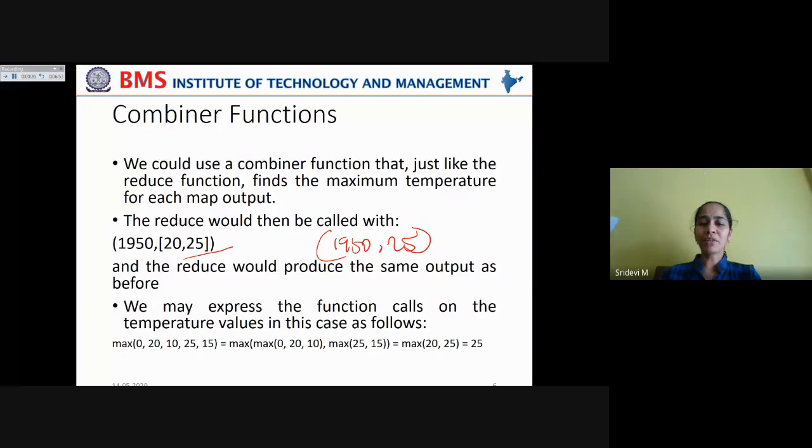So we may express these function calls on the temperature values in this case as follows. I'll just show you how it can be expressed, if you want to understand in the background how this is actually processed. Now the maximum temperature taken from both the map tasks is 0, 20, 10, 25 and 15 in the absence of a combiner job, and that is directly taken to find the value 25 by the reducer job. But when you introduce the combiner function in the middle,